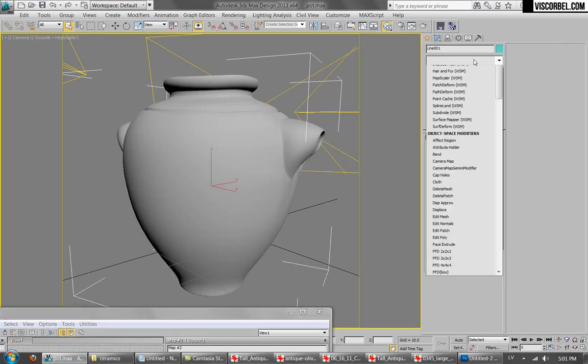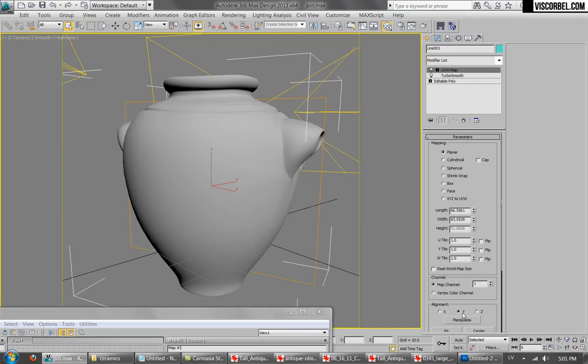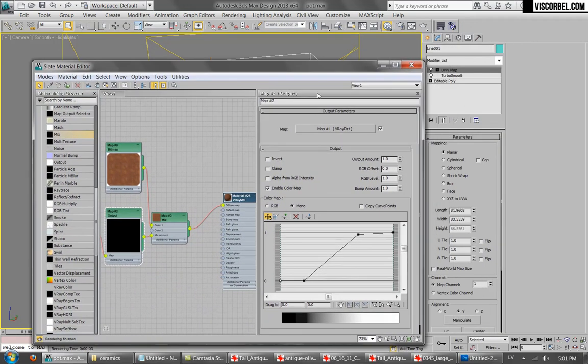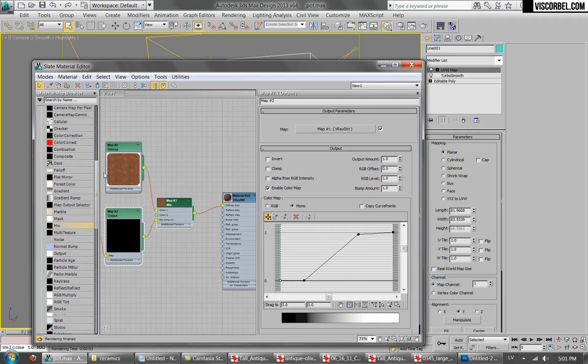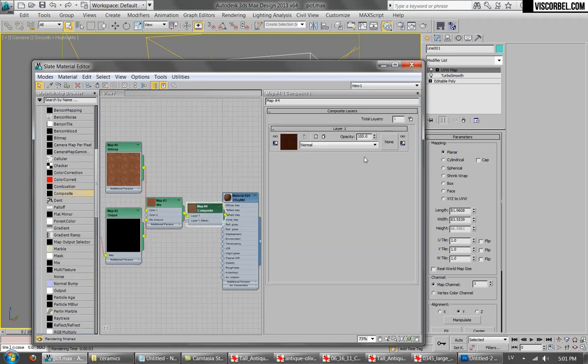So what I'm going to do is I'm going to add the UVW Map modifier, make sure it's oriented vertically, and it fits my walls. And then I'm going to use a composite map right here. Okay, let's leave that mix as our first layer, and for the second layer, we're going to add some